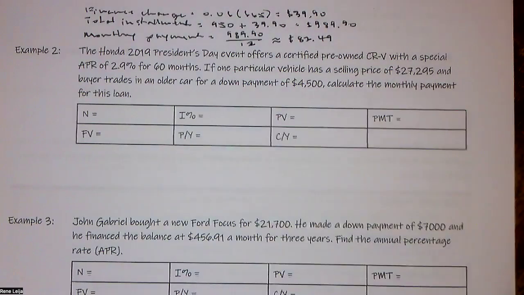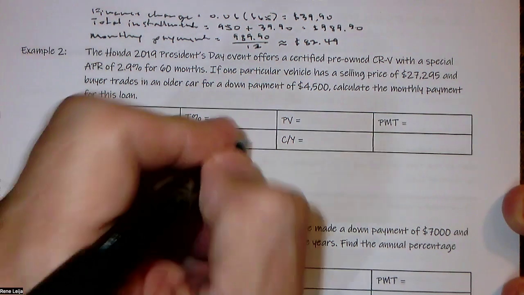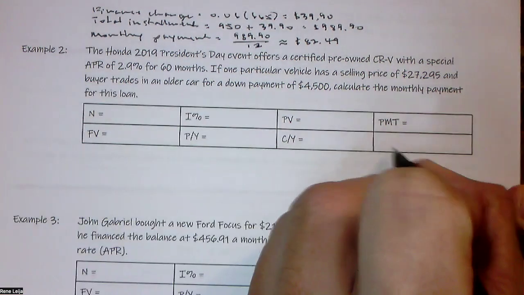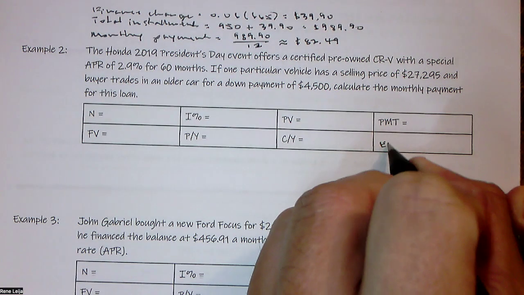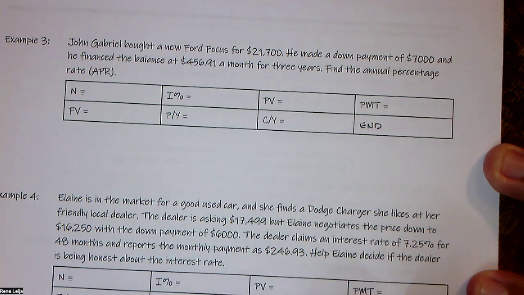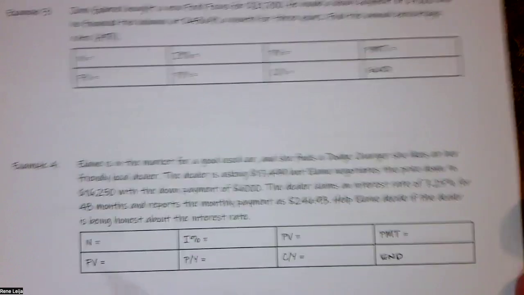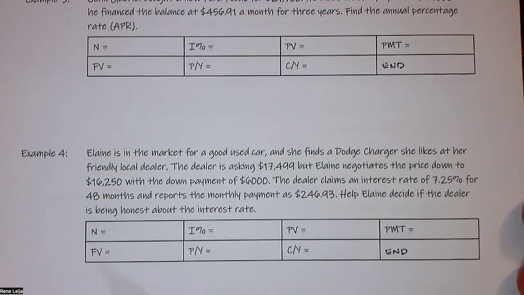For right now, we can leave them at 12, but in section 2.6, we are going to be changing these amounts. What I can tell you is on the TVM solver, this last box will always say end,